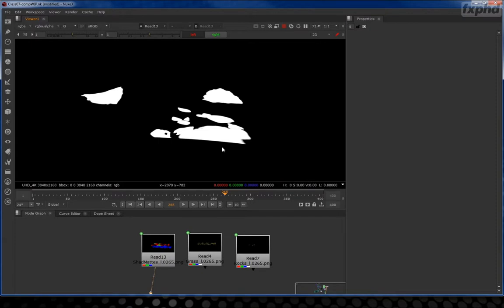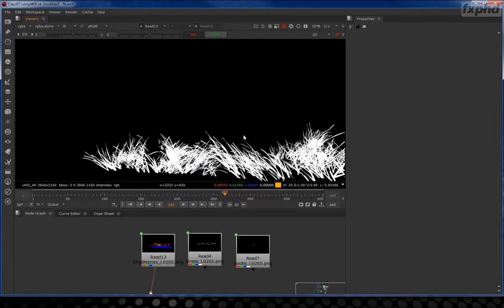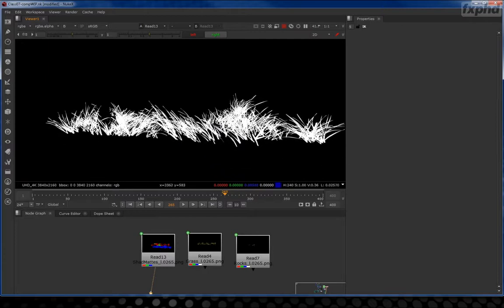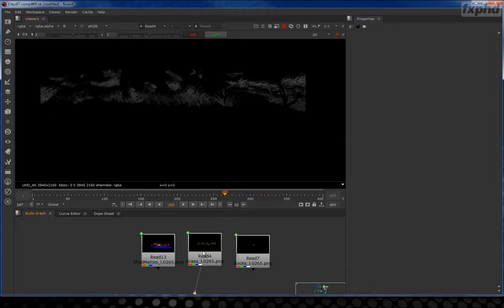So we had a previous troll shadow in here that we're going to substitute this one, which includes the rocks. And then the blue channel has that foreground grass, which will go through the other process. Now, I could have used it from the other one, but one of the big things is